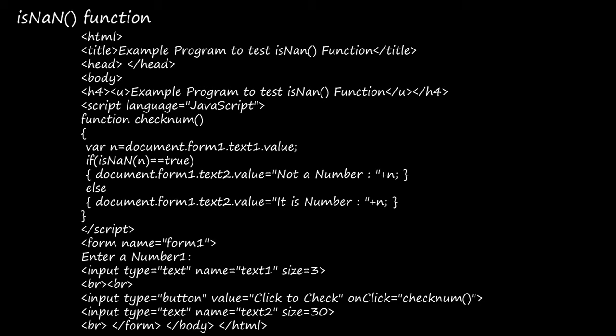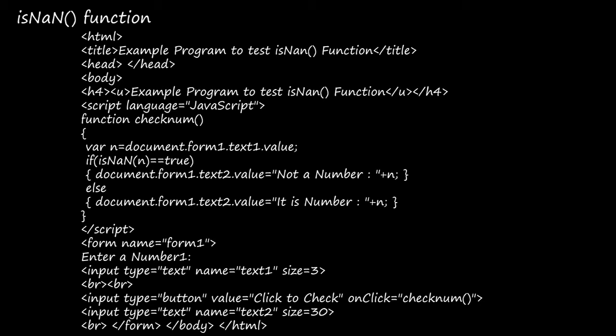And then we are closing the script tag, that is slash script, and then form name is equal to form1. The name of the form we are giving is form1, inside double quotes, and after that "Enter a number" and 1. This will be displayed on the output side. Input type is equal to text, so you will get a text box there. Name is equal to text1. Whatever you are entering there will be saved in the place of text1, right?